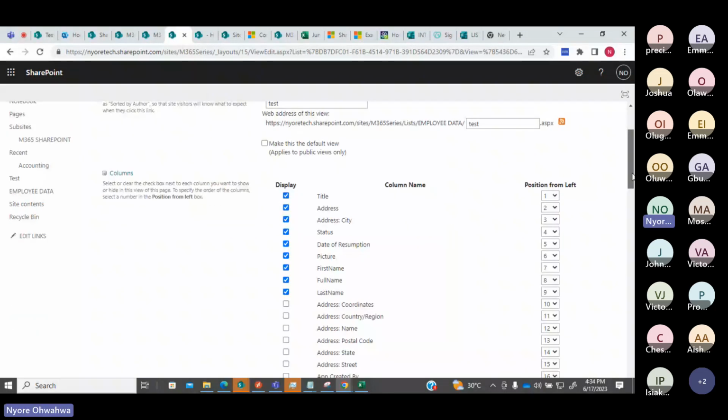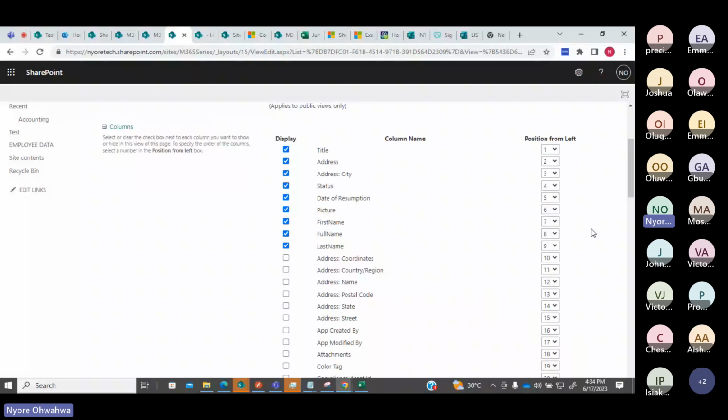Okay, so we see that they are in numbers here. So we can make this number 2 first name, make last name number 3, and then make full name number 4.